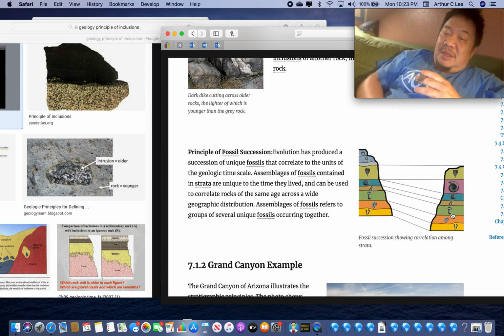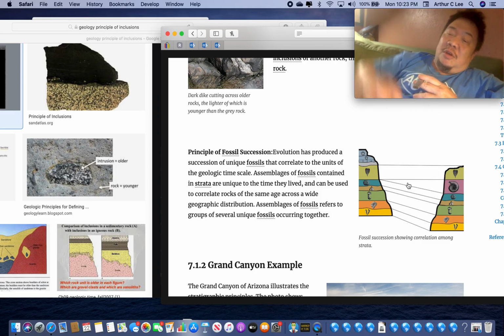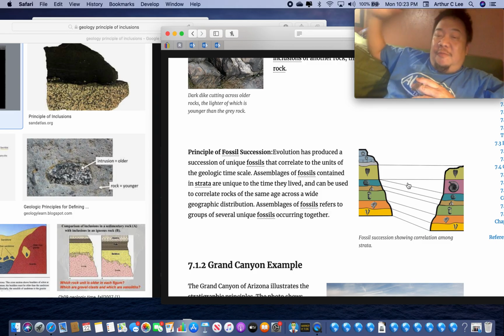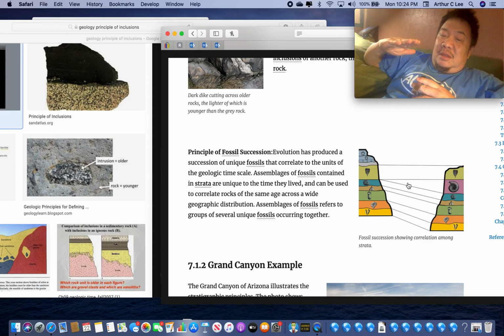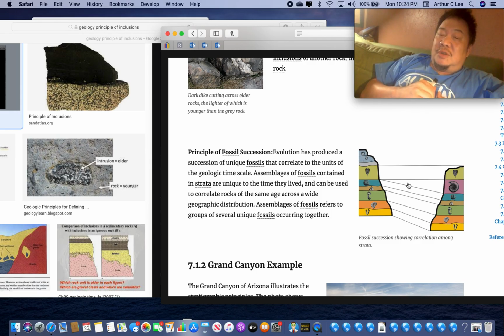But you see the same succession of fossils. And then you go to Wales and you see the same thing. You go to France, Germany, Japan, Australia. You always see the same succession of fossils. That's how the principle of fossil succession shows us that we can use fossils to date rocks, because certain species only live during certain parts of geologic history. So we can actually date rocks